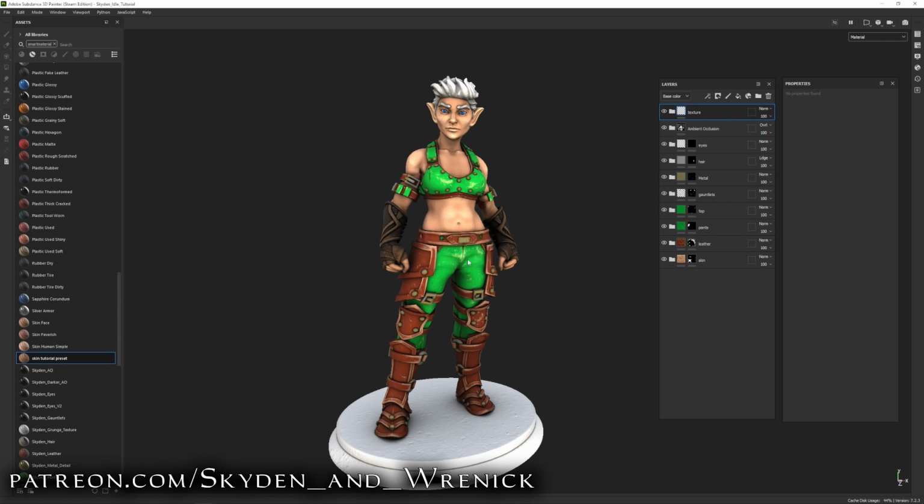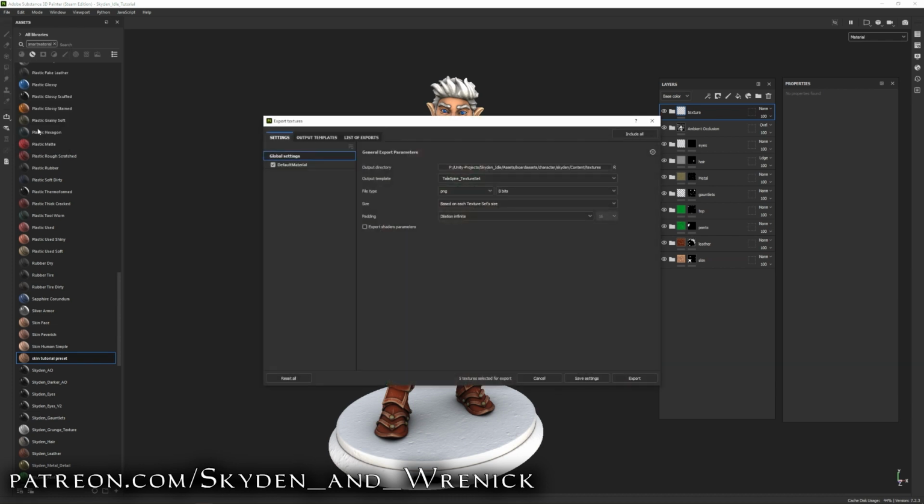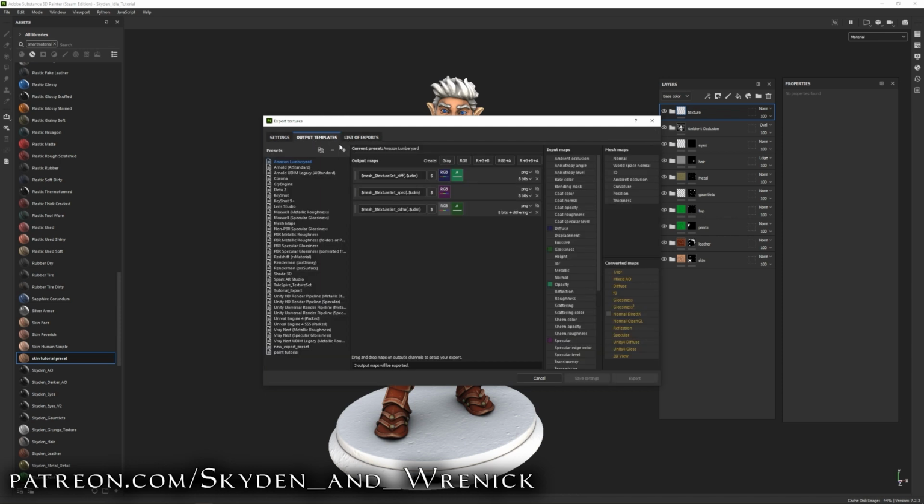And then once that's done, now it's actually time to export the textures from Substance Painter. So we go back over to File and hit Export Textures. And this brings up a new dialog window. Now what we need to do is set up a new export preset for our minis. So the way to do that is if we go here to Output Templates, and then we want to add a new one. So we click on the plus icon here, and this gives us a new preset at the bottom of the list. So we're going to rename this by clicking on it,